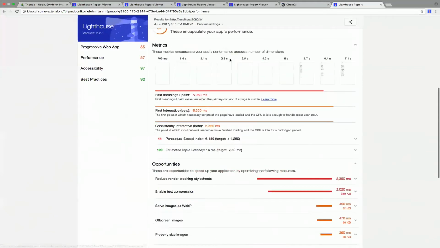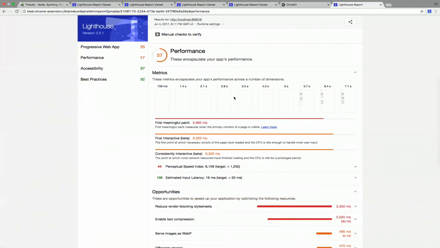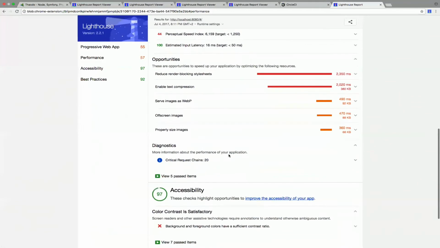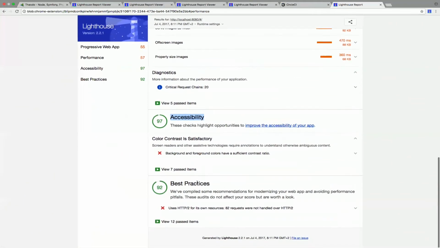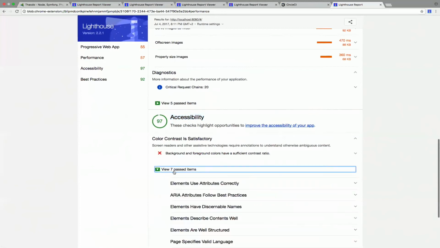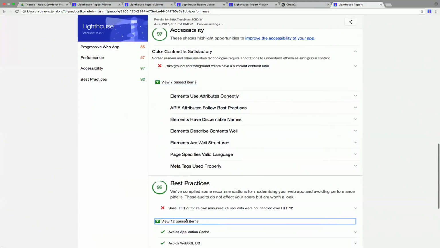We also have the performance category with some nice and very user-centric metrics, like the time to see the first meaningful paints, the time when the user will be able to start interacting with the page, etc. We also have an accessibility audit, something that we often forget about, and also best practices with various tests.